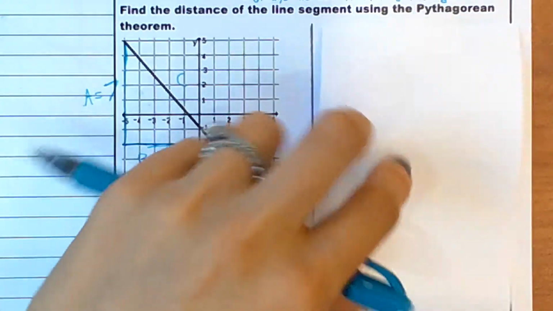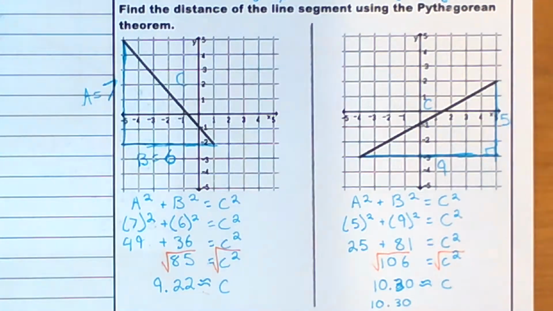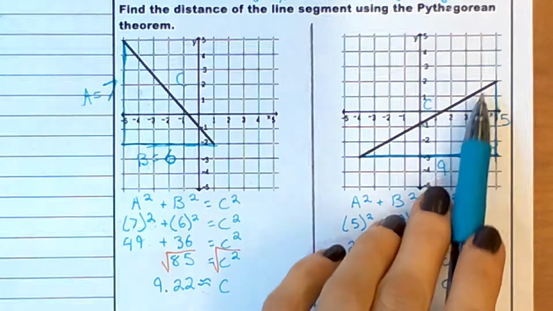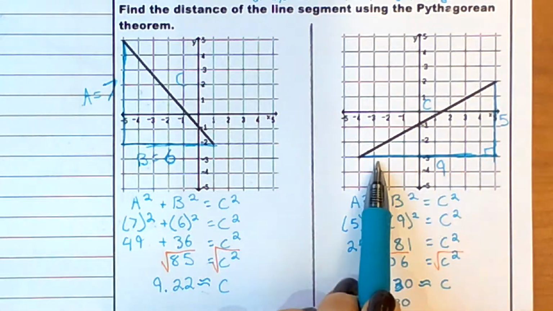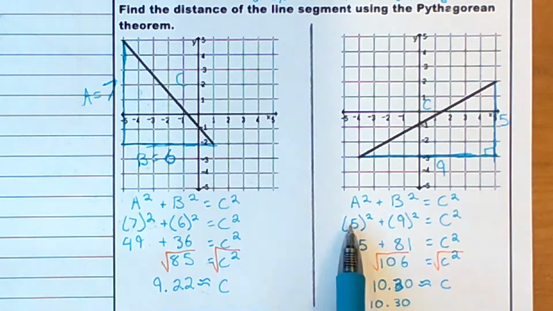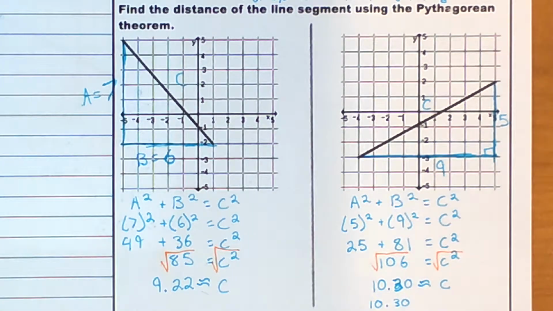Okay, so you should have an answer of about 10.30 or 10.3 because you had to round on that. So the first thing I did was make my box, my right triangle. I counted 5 boxes on the left, 9 boxes on the bottom. So I plugged that in for a and b. 5 squared is 25. 9 squared is 81. And that still equals c squared. 81 and 25 is 106 equals c squared. In order to get rid of the square, I square root. And then the square root of 106 is